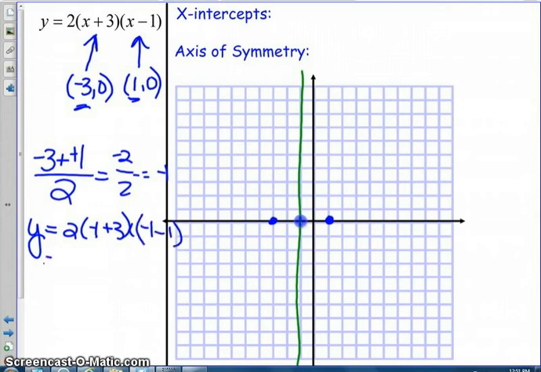All right, so here we'd have 2 times 2 times a -2. Turns out to be -8. So we have here 1, 2, 3, 4, 5, 6, 7, 8. This point right here is our vertex. Our vertex is at